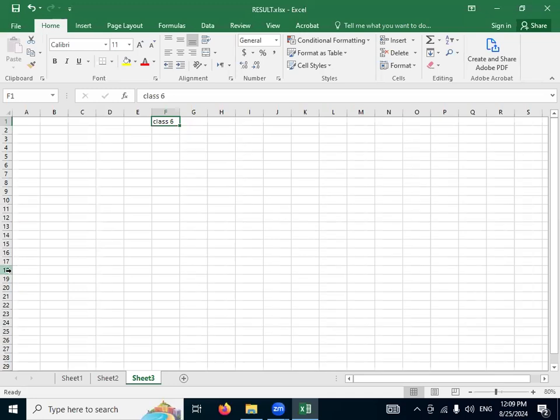Whenever you will open the MS Excel, first step you have to take is to save your file. First save your file by making a folder. So it will be basically easy for you the next time when you want to find out your result data or any other data. You have to directly go to that folder and you will get your data back.